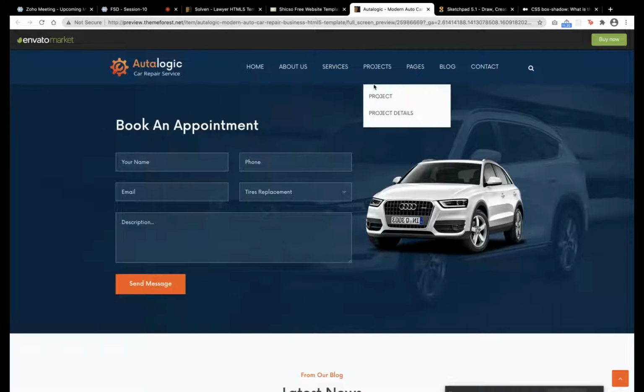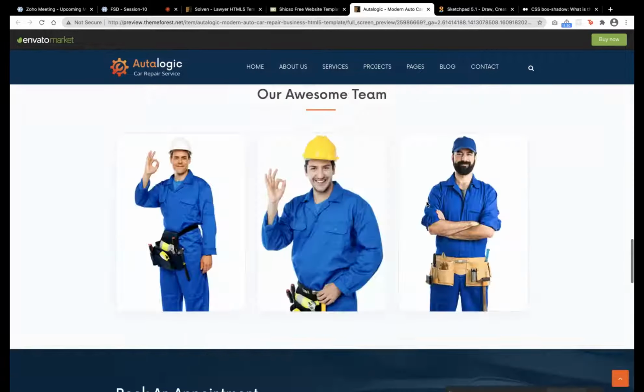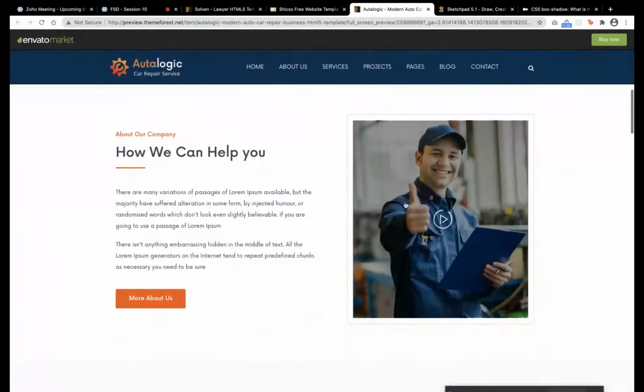How? There are 2 sections. Left section you want for some form, right section you want some image. Here also, this is better: left side there is a section, right side there is a section. We want both to look in columns. So to achieve this also, we need Flexbox.